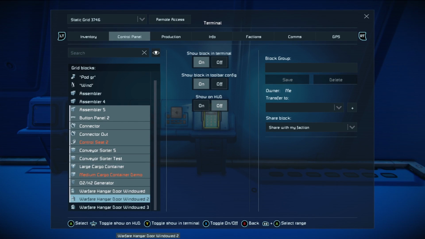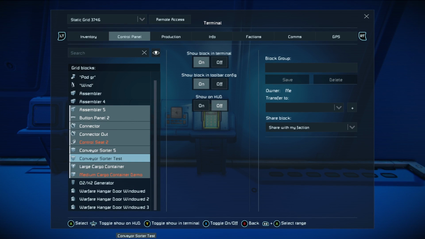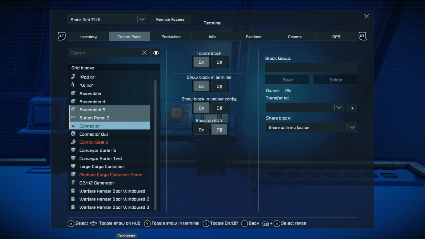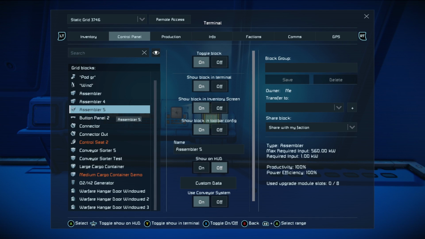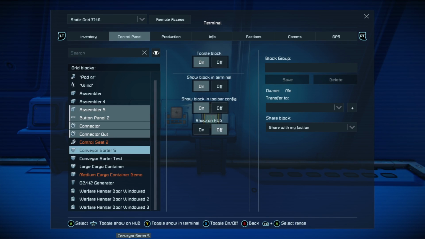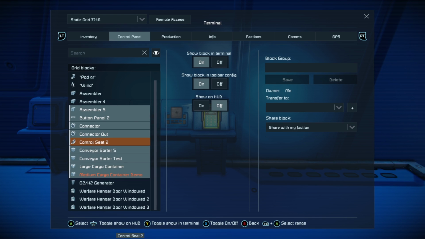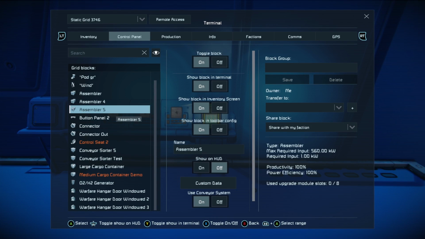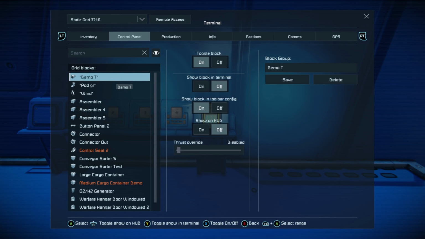You can add more to it by holding down the left bumper and keep on going down the list and pressing A. And if you come back up the list and press A, you'll take everything off up to the assembler again. So as long as the left bumper is held down, you can band select back and forth.